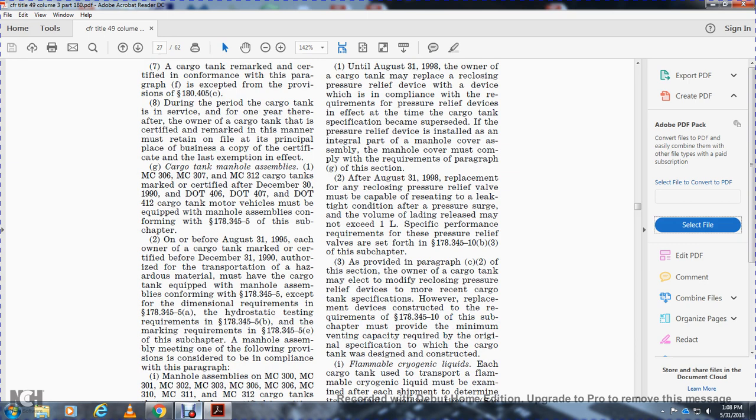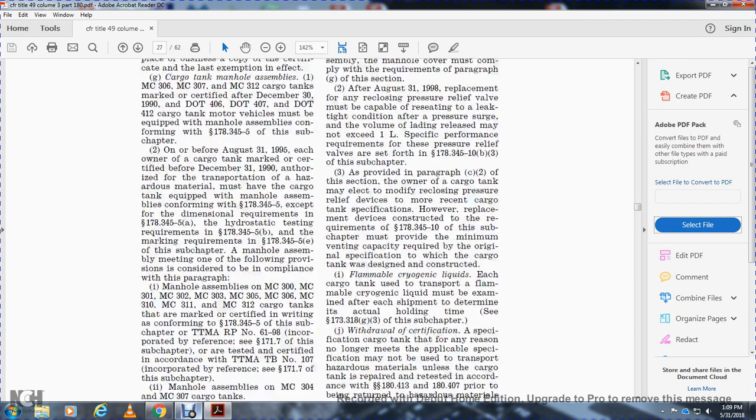exempt from the dimensional requirement of 178.345-5(a), the hydrostatic testing of 178.345-5(b), and the marking requirements of 178.345(e) of the subchapter, with the manhole assembly meeting one of the following requirements. Provisions considered as complying with the paragraph: the manhole on MC 300, 301, 302, 303, 305, 306, 310, 311, and 312 cargo tanks are marked as certified in conformance with 178.345 of the subchapter, TTMA RP number 61-98,